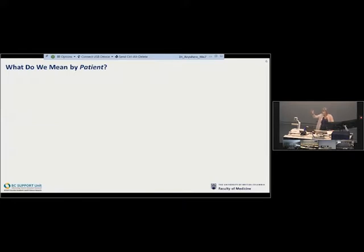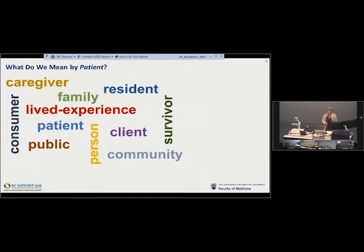If you think of the word patient, what comes to your mind? One of you perhaps want to share? Anybody? Patient, just patient. Okay, other words that come up for what people think of as patient could be public, person, survivor, community, consumer, resident, caregiver. So when we talk about patient, I would like you to be aware that it has different meaning for different people. And the word was chosen in collaboration with patients,